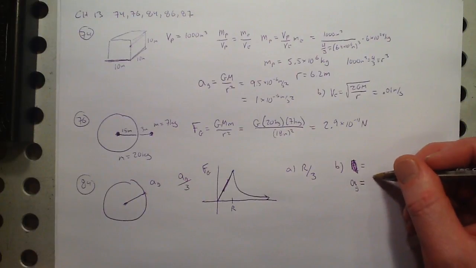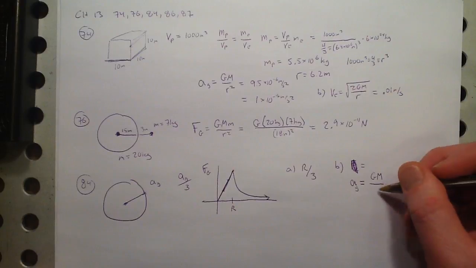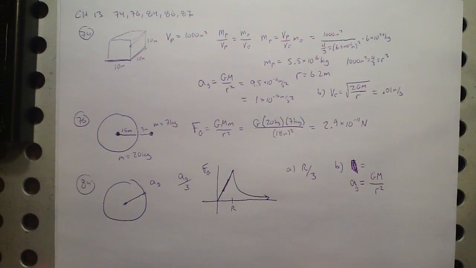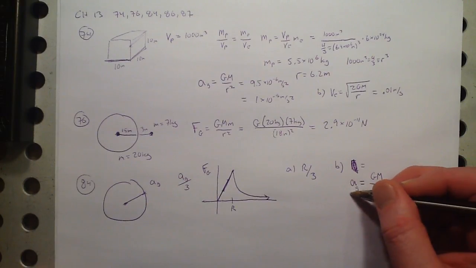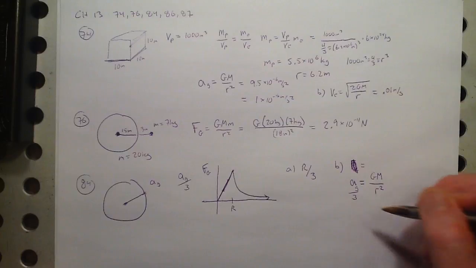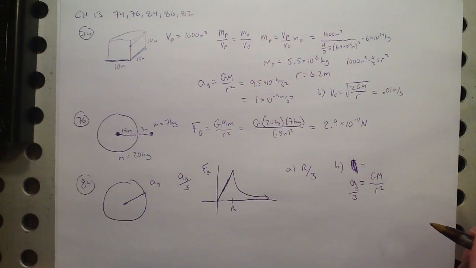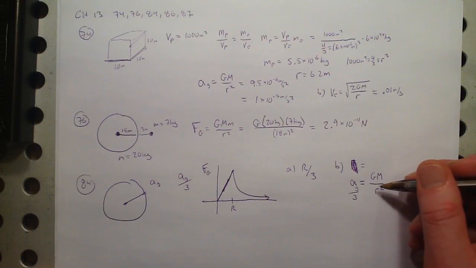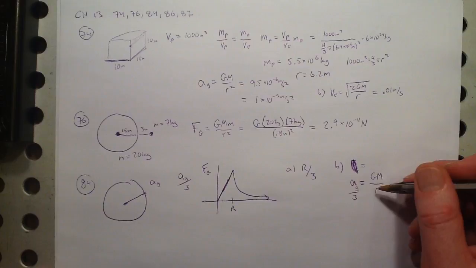So that's just GM over r squared. And we want to know where this is ag over 3, right? But the ag itself